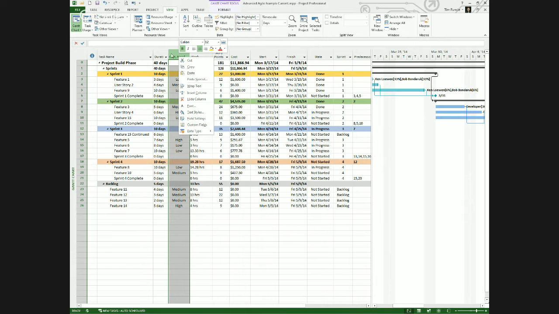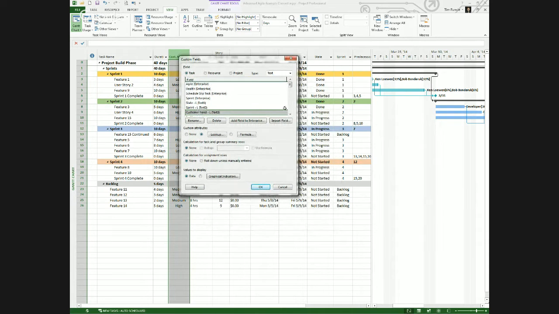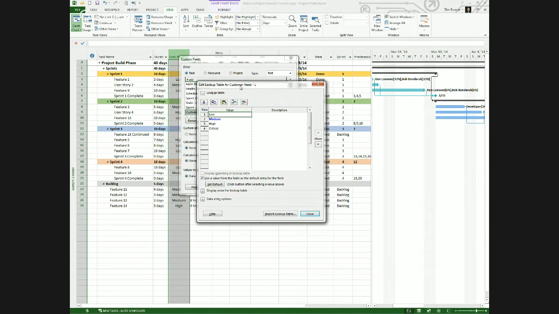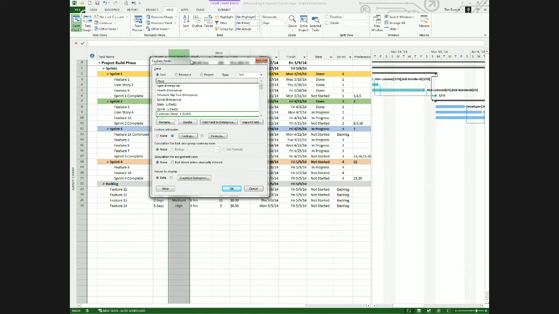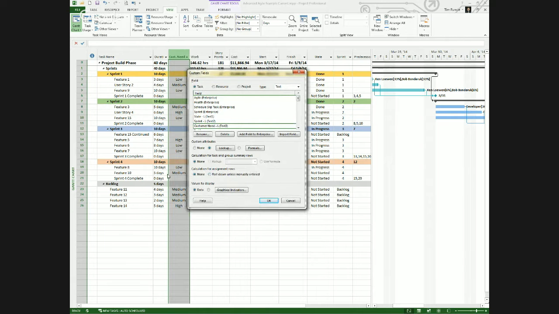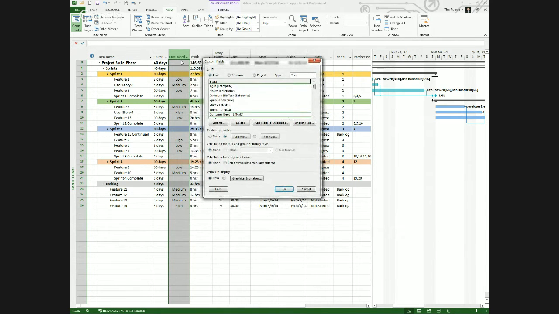capabilities. So I'm going to right click on my customer need here, and I'm going to go down to custom fields. And the idea is that if I have a field, whether it's a text field or a number field, I can take these and create lookup tables where I can come in and say, here's my customer need. And I can set defaults. I can mark them low and high and medium. In fact, I can actually build a list of choices. I'm also in a position where I can define even formulas or calculations. And what's exciting about this is that I'm just talking about filling out a lookup table and a custom field. In this case, I'm using a